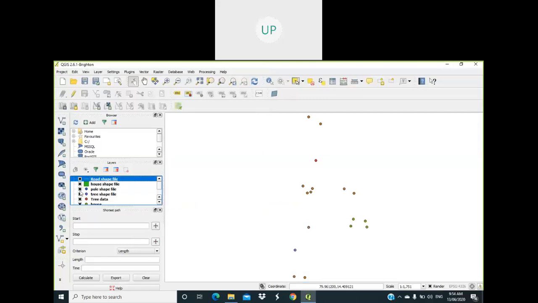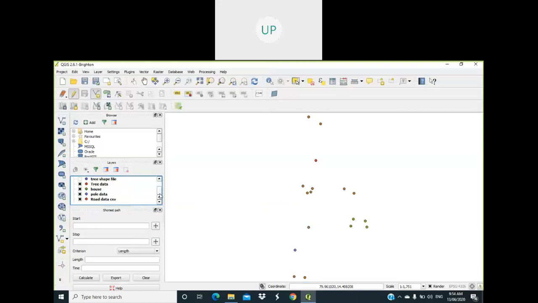Then first select the road shapefile. So we have to join the points. For that, in the editor, toggle editing, then add feature.